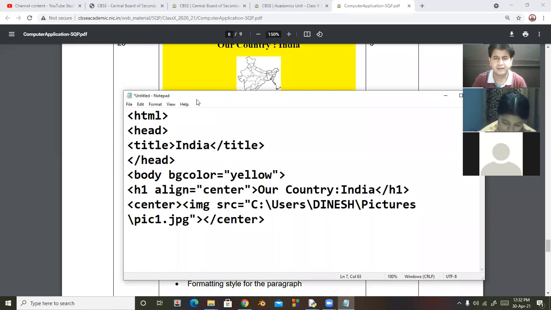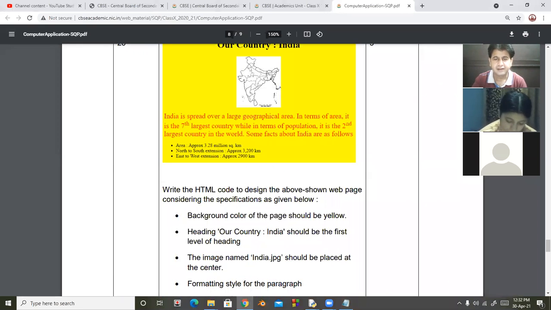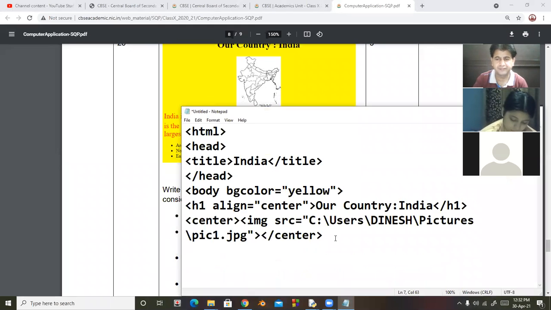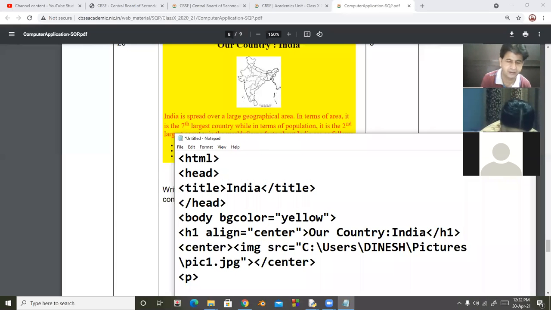Now after that, there is a paragraph. So I'm taking P tag for paragraph. But remember one thing, the text is of a red color. So then font, I will take font color equal to red, and then text.